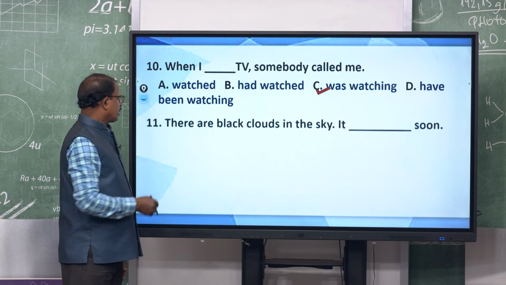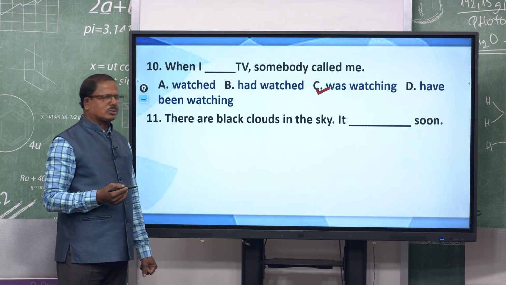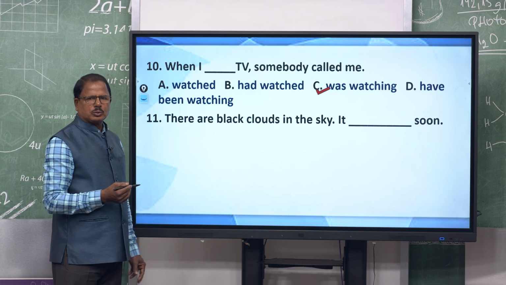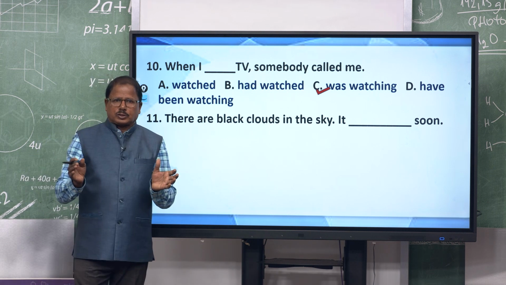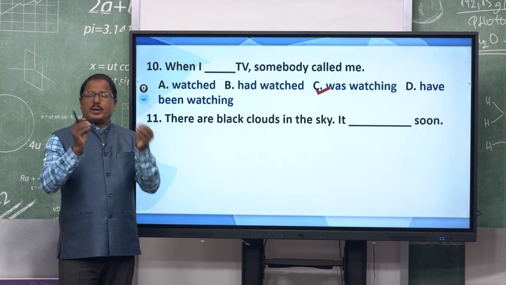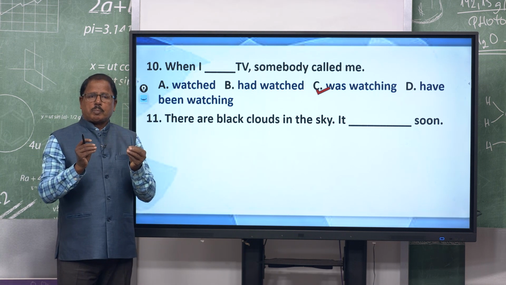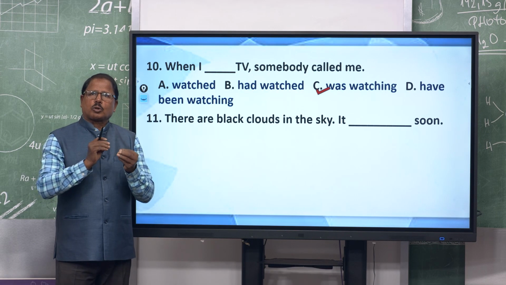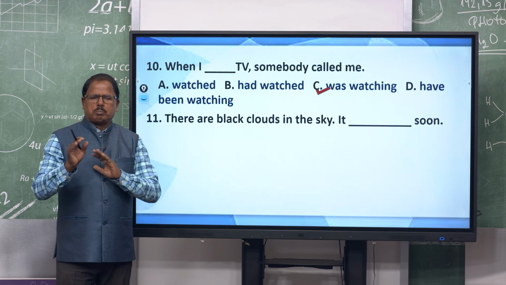And next question, question number 11. There are black clouds in the sky, it does soon. So when there is an indication, some evidence